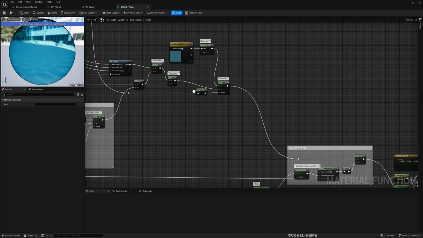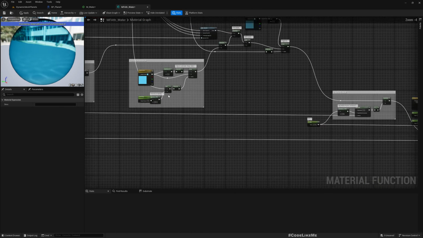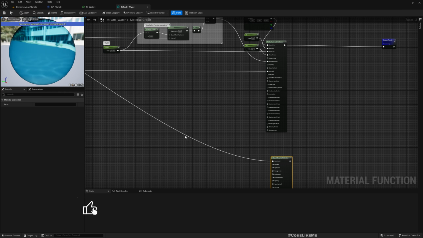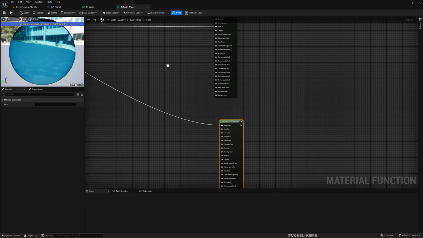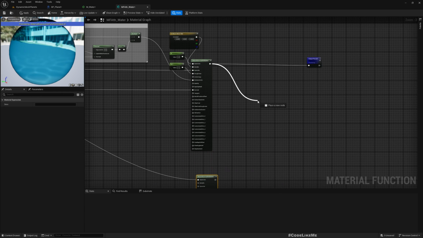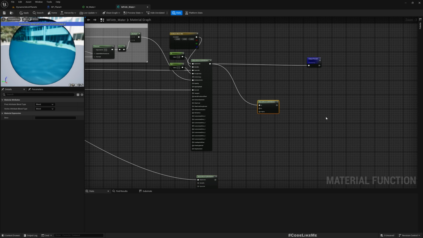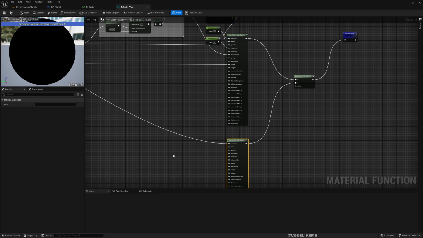Okay, I'll use this one. No, maybe this one as the base color, and metallic roughness, well, just use the base color for now. And let's lerp, blend material attributes, this one and this one, and as the alpha we can use